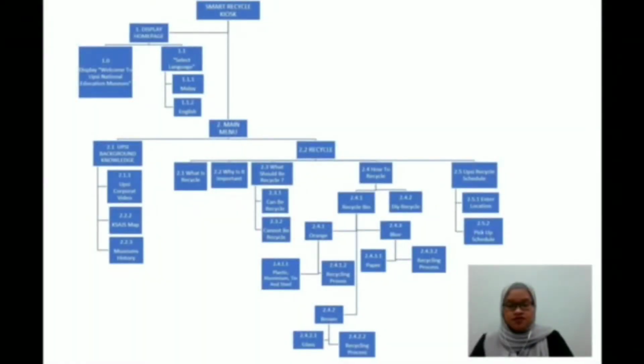Okay, so this is our hierarchy task. Before we move on to the paper prototype, I'll explain first about the hierarchy task. Our kiosk is named Smart Recycle Kiosk, and inside the website it will contain two parts: the first one is the display homepage and the second one is the main menu. Okay, the display homepage. The first part of the display homepage is the screen will display Welcome to UPSI National